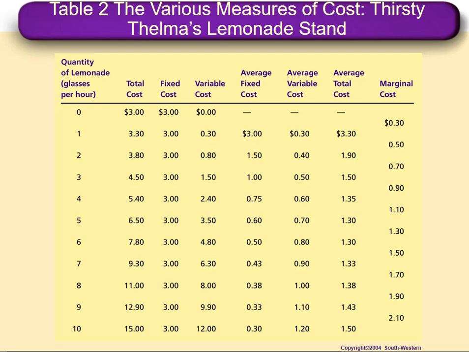Now we're going to look at another example. Here we have quantity of output per hour and the total costs of producing more output. We've dropped the production data except for this quantity of output, and we're relating it to total costs, total fixed costs, and total variable costs. We're going to distinguish those concepts from the average of the fixed costs, the average of the variable costs, and the average of the total costs. And then lastly, we're going to talk about this idea of marginal costs.